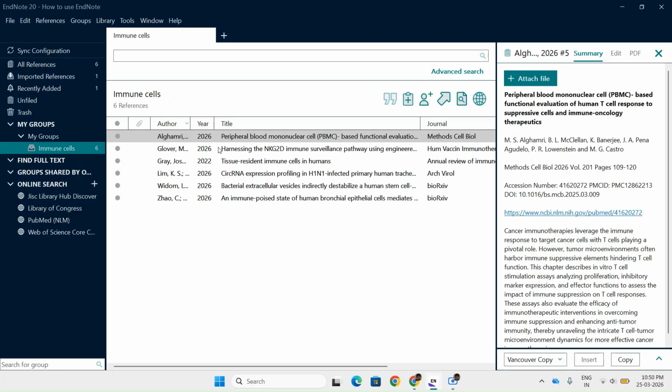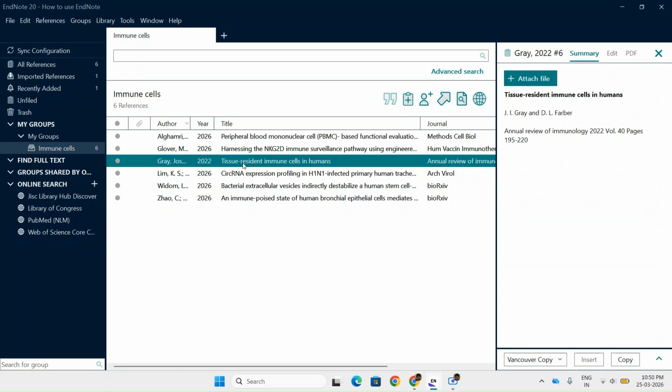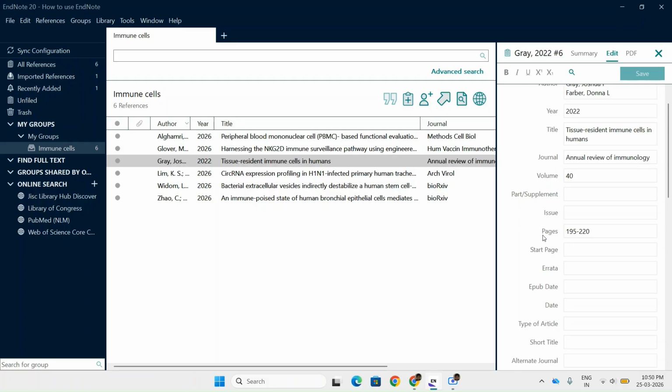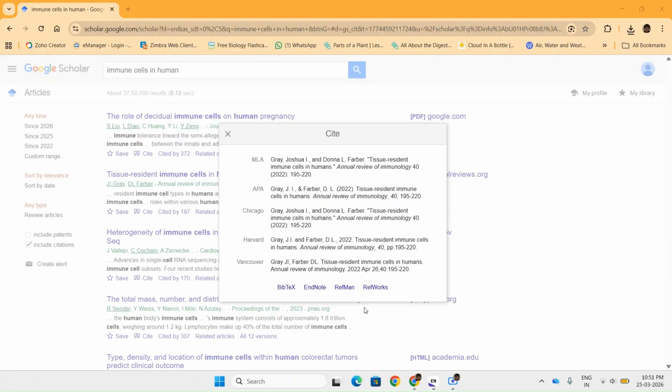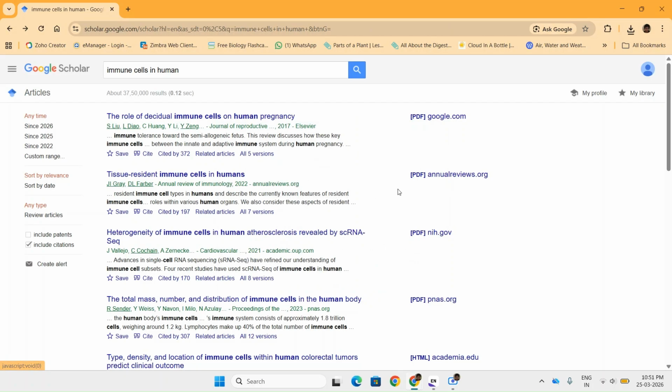The same way, if you want to cite this article, let's see here if the DOI is mentioned. It's not, right? So what we do is we directly go to that paper and check its DOI number.